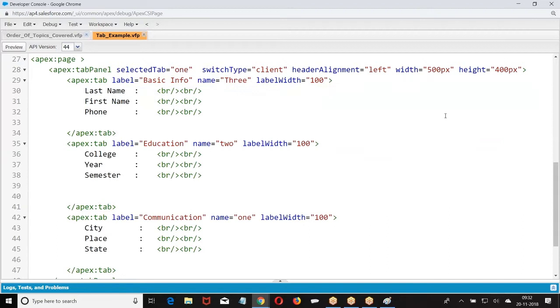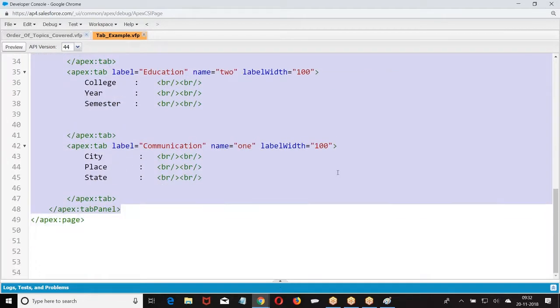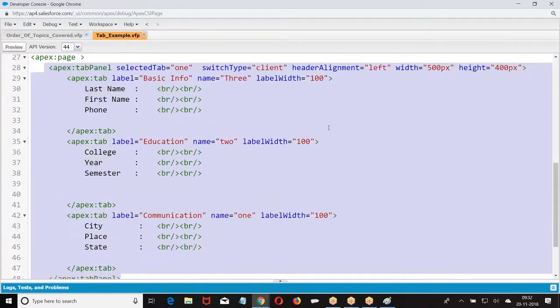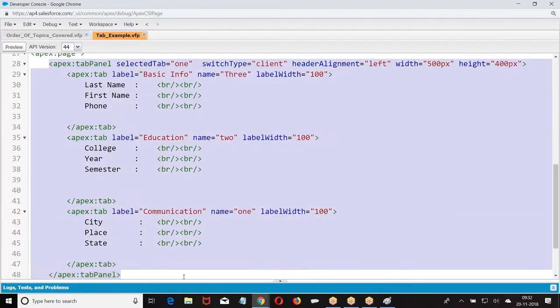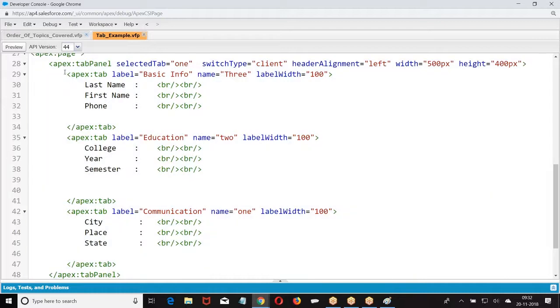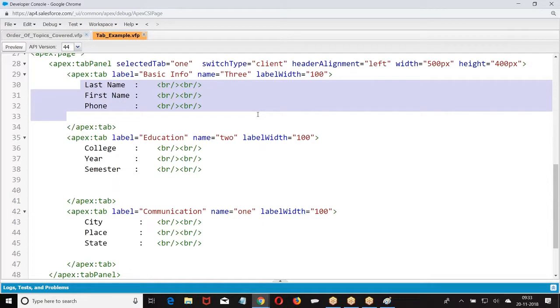Now this tab panel you put wherever you want. It's a block. You put this block wherever you want. It's a tab. When you click on the tab, what should be displayed? It's your choice. There's no restriction. Okay. Was that clear? Yes, yes.